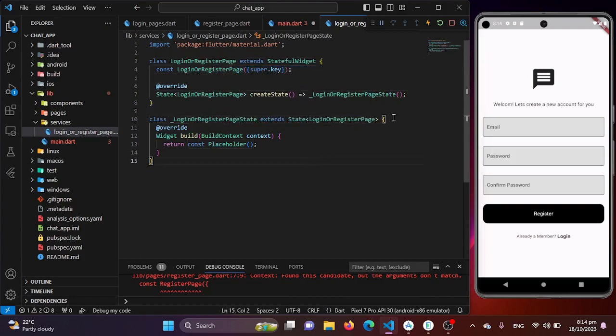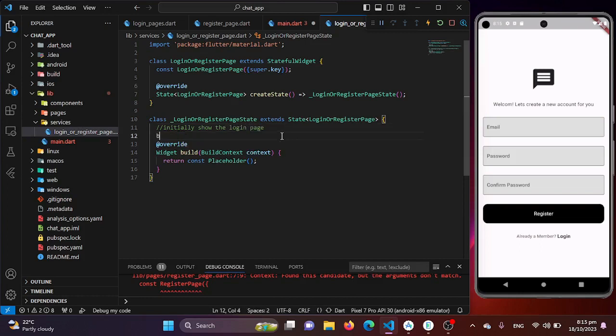And yeah, now I'll be just creating a boolean variable. On that variable basis, we will be just switching between the pages. So basically I'll initially show the login page. So we will be just creating a bool variable showLoginPage,